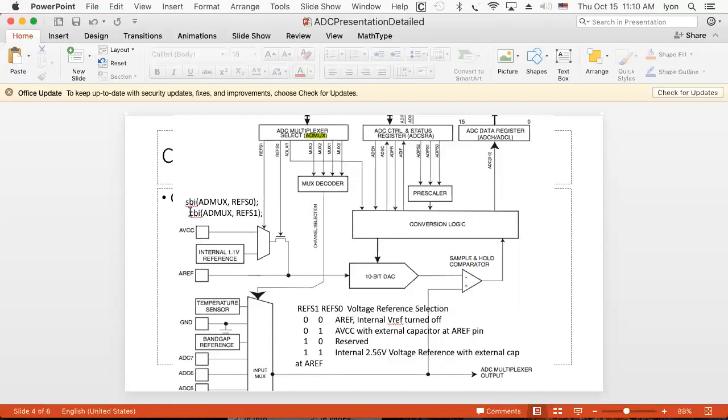Now you can relate that back to the code, which says we're going to clear REFS1, that's this leg of the multiplexer, and we're going to set, SBI, REFS0, that's this little gate input to the FET, the field effect transistor, and that's what allows us to use 0-1 with the external capacitor at the REF pin. Now, put a nice external capacitor in there, and that's going to keep the voltage up somewhat. That's why they're asking for an external capacitor, because they figure if there's fluctuations in the line, they shouldn't propagate